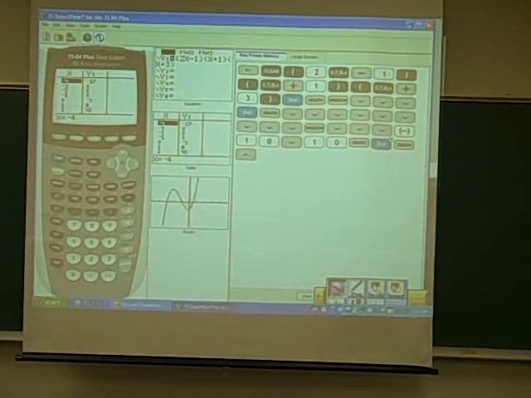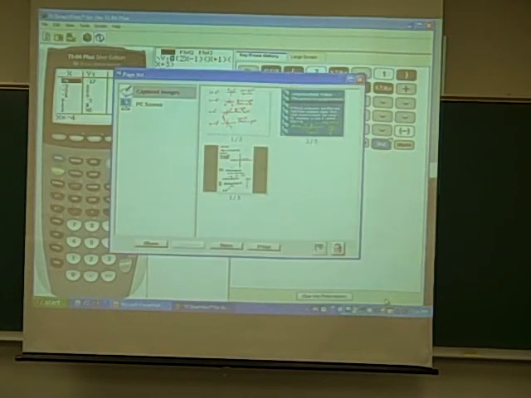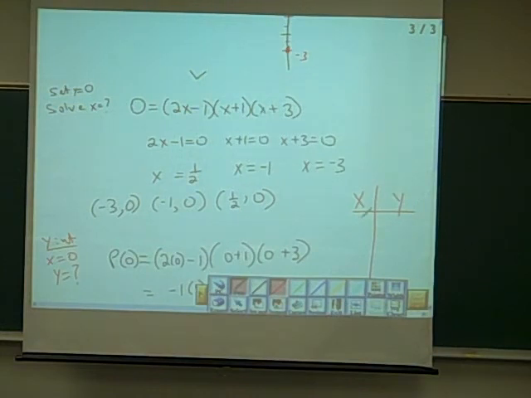Okay, so let's put that in our table of values. And so we've got negative 4, negative 27, negative 3, 0, negative 2,